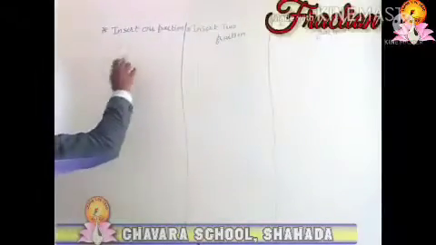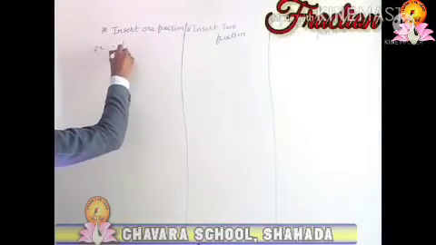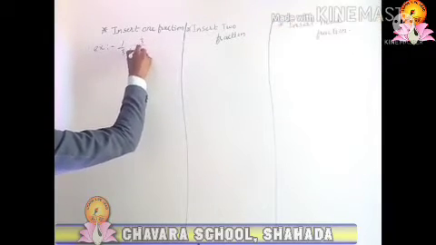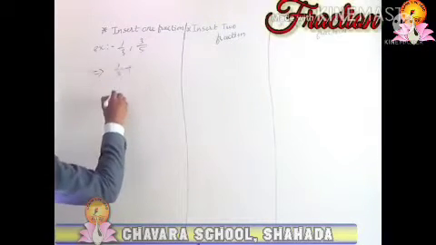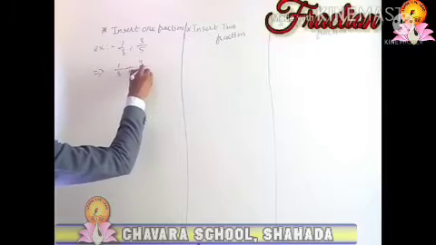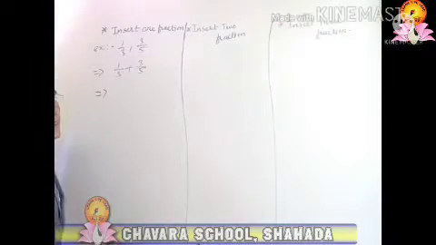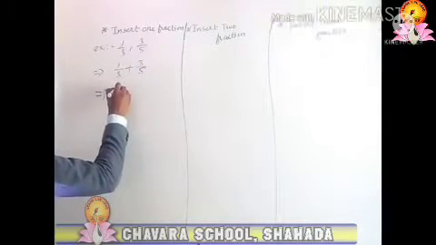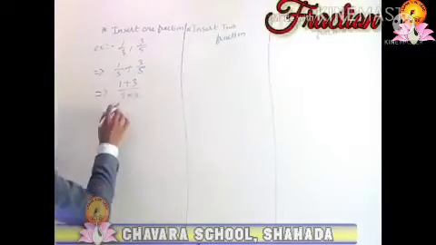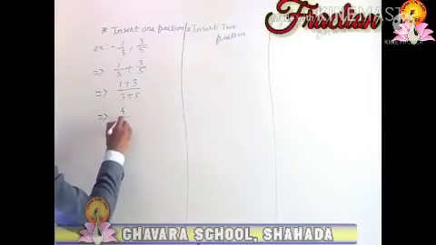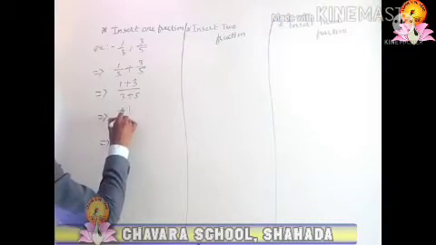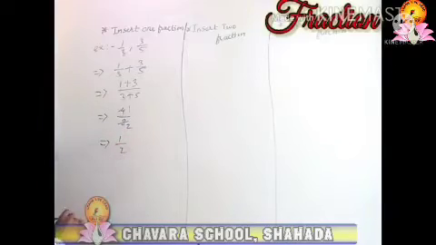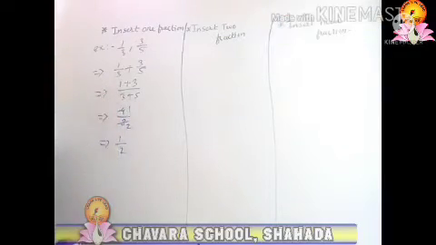So how to insert one fraction into given fractions, for example 1 by 3 and 3 by 5. First of all, write the example with an addition sign, 1 by 3 plus 3 by 5, and after that add numerator plus numerator and denominator plus denominator, that is equal to 1 plus 3 upon 3 plus 5, which is 4 by 8. If it is divisible then divide it, so 4 ones are 4 and 4 twos are 8, and the answer we got is 1 by 2. Hence we can insert one fraction into given two fractions.